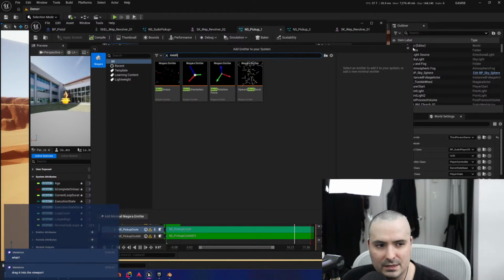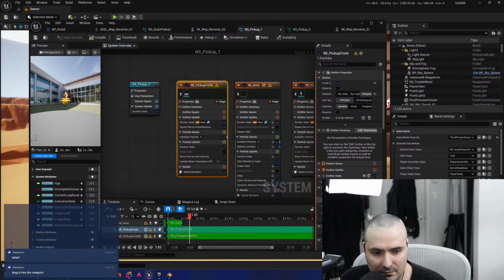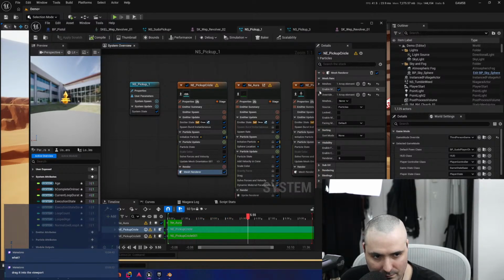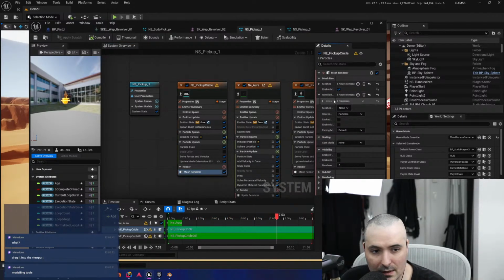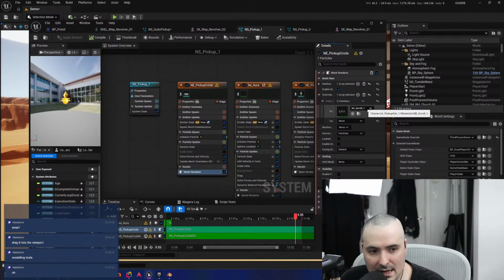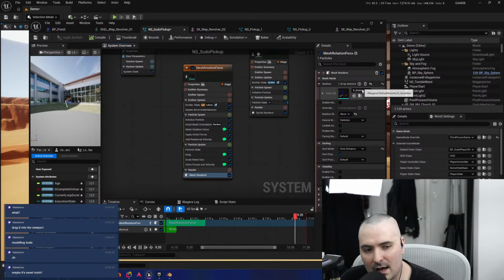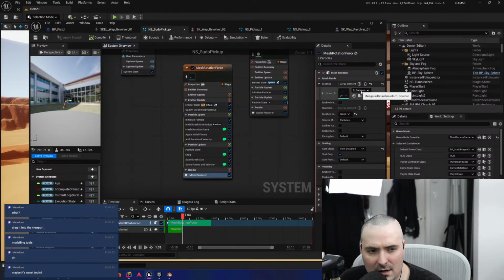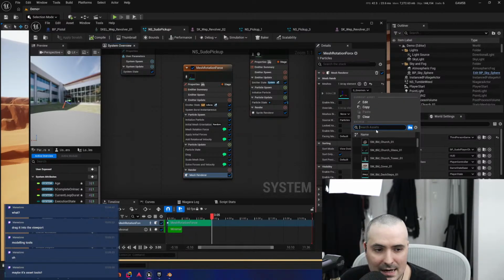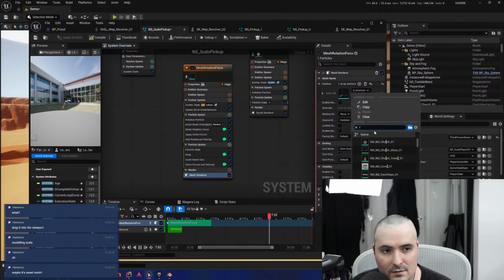Right, these are all meshes, but I want a skeletal mesh, not a mesh, right? Sorry, but that's not an option here. So I need a mesh, right?